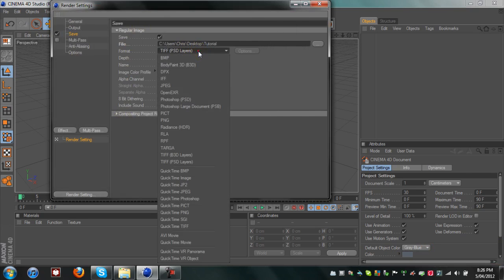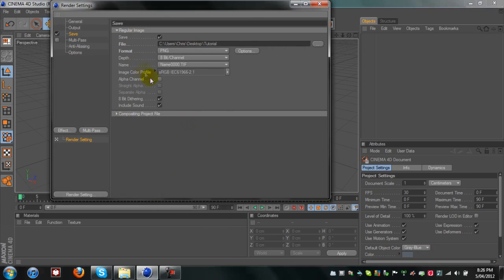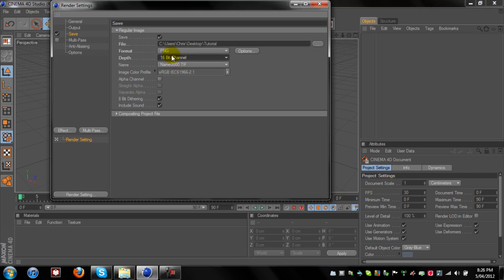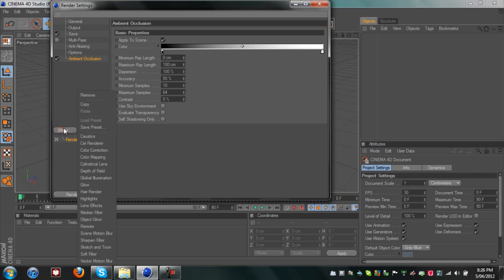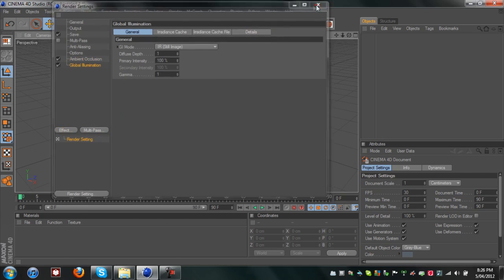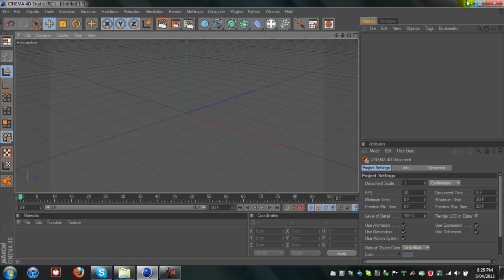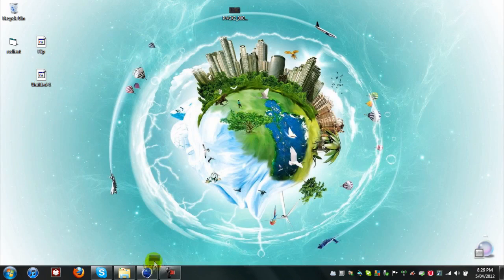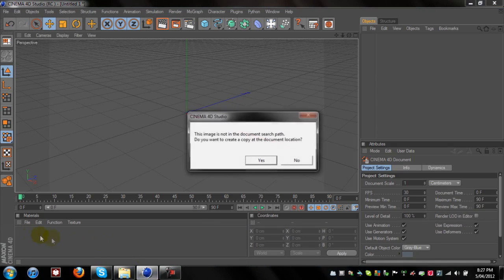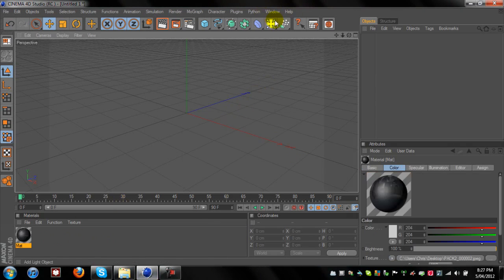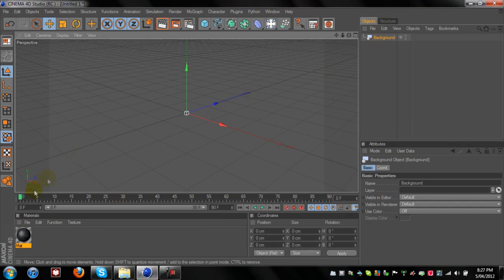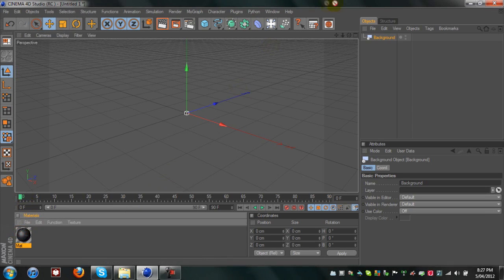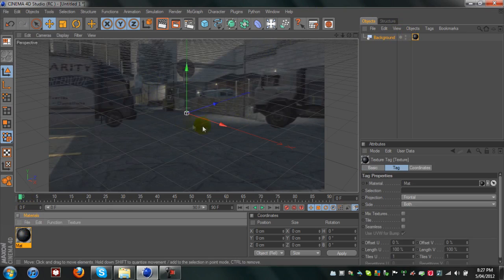And you want to change the format to PNG and the depth to 16-bit. And then if you want any effects, you can add them. I'm just going to add an ambient occlusion and global illumination. Right, next you want to drag that image with the C.O.D map and just drag it into the materials and just click no. Then you're going to come up here where the light and the 4 arrows are and get background. And you want to drag your material with the C.O.D map onto the background, and you should get something